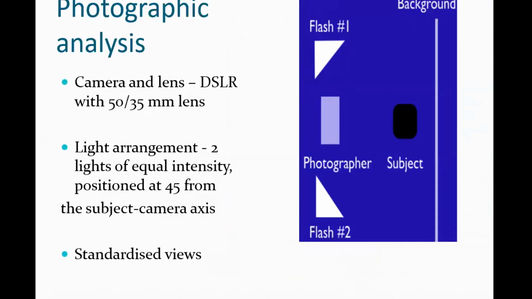So the photographic analysis has to be done in this manner. You can take a photograph of this image here. You can have a photographer in front of the patient and a background which is usually dark blue or black without much of mirroring or reflecting, and that should be a straight image without any kind of contrast or checks pattern. The subject should be usually seated on a revolving stool, and the patient should not be having makeup or glasses. You ask them to remove makeup and glasses and then sit comfortably